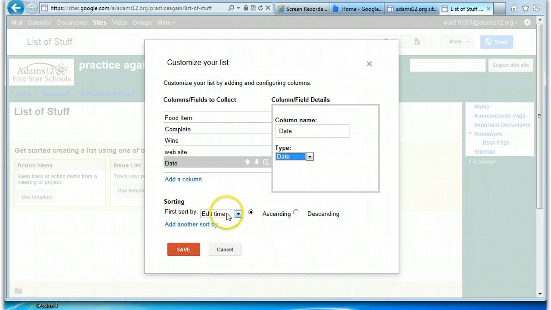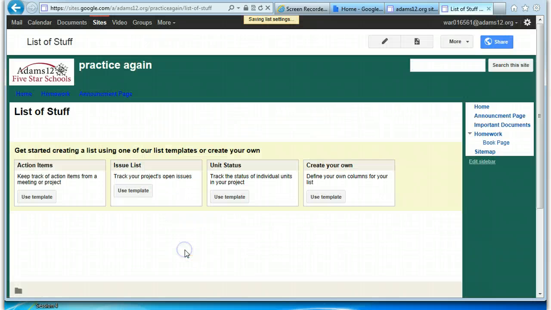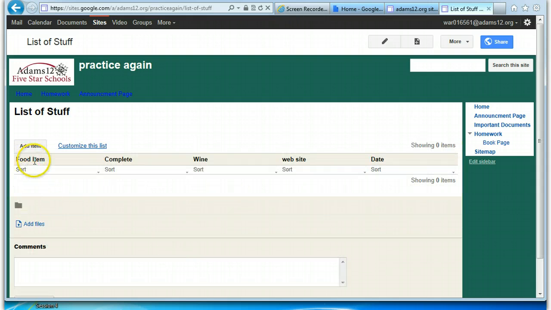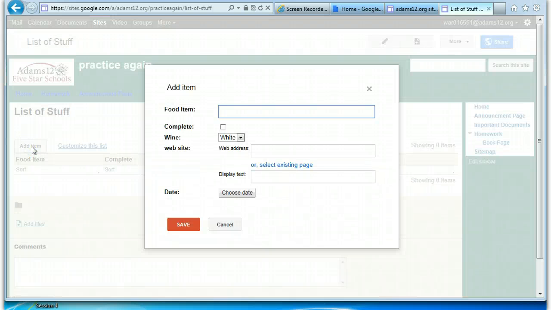Now you can sort them by whatever you want: food item, complete, wine. So maybe I'll do food item, and ascending and descending order, it'll be alphabetical. And then I click save. And what's going to pop up here is all my different categories. So when I go to add an item, and we'll say food item, and let's say